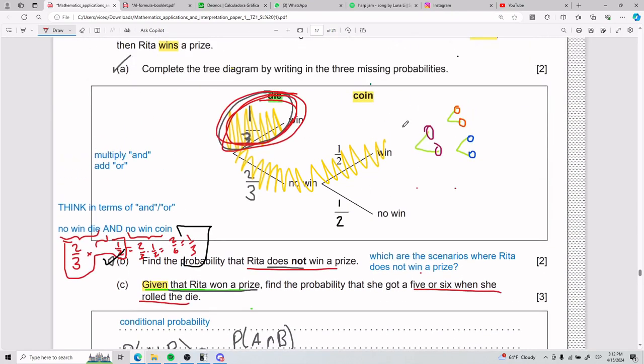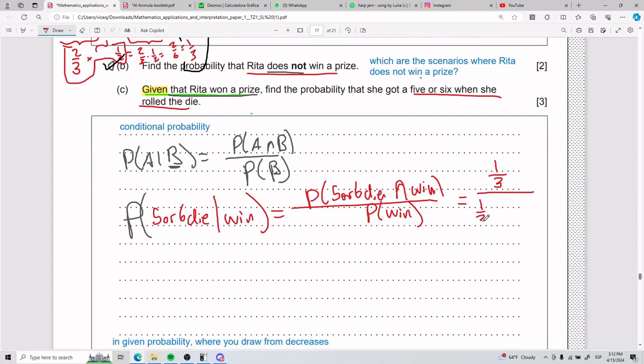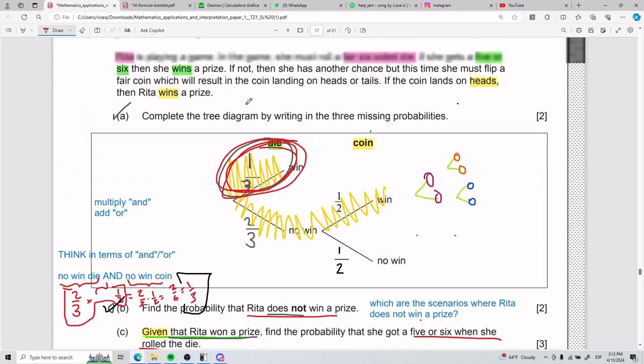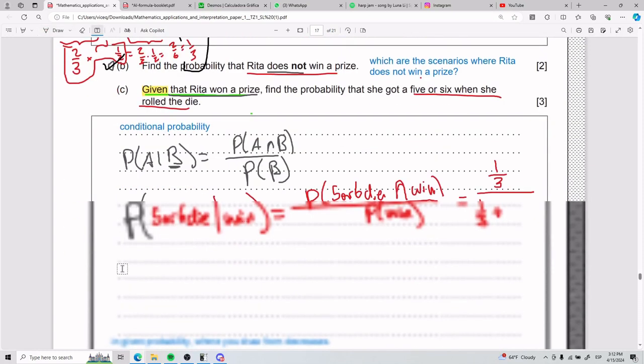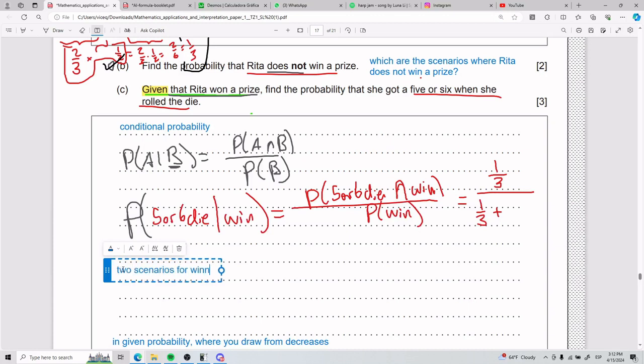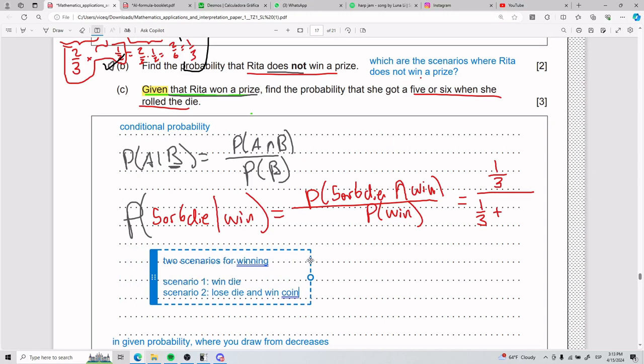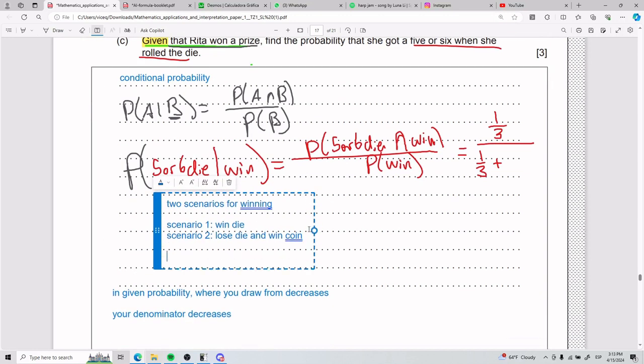Now there's two scenarios for winning, right? You have the scenario that is up here, that is the 1/3, or, so it's plus. So you have the scenario where it's win by die, or lose die, win coin. Okay, I'm going to write that down because it's very important. So you have two scenarios for winning. Scenario 1 is win die. Scenario 2 is lose die and win coin. So these are the two scenarios for winning, right? So if I go ahead and say, okay, scenarios for win,